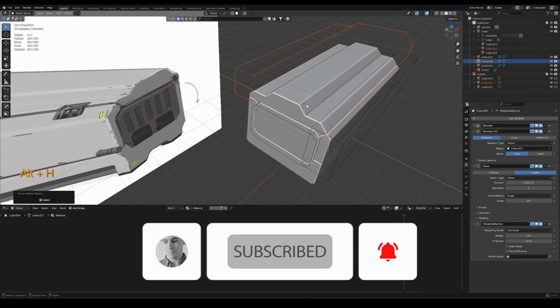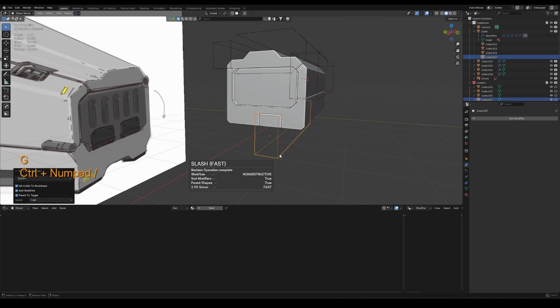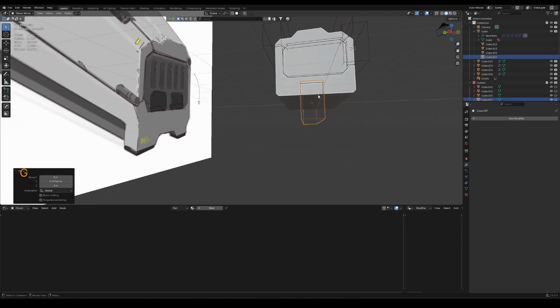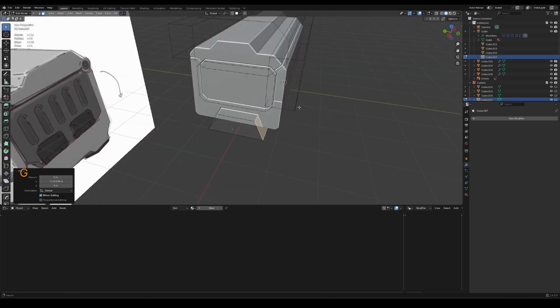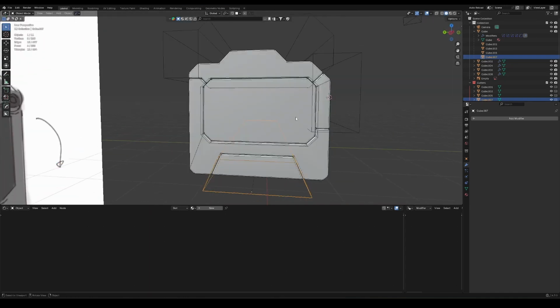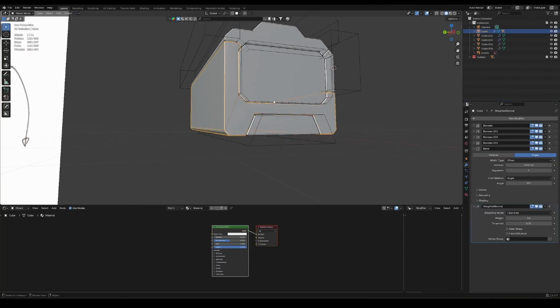If I hit Alt-H, I can reveal any cutter object that's hidden if I need to. So it's kind of the same process for all the other shapes. Double tap G, scale on the Y, grab this face. If I show wireframe, what these booleans are also going to be doing is auto-generating just some connecting loops so